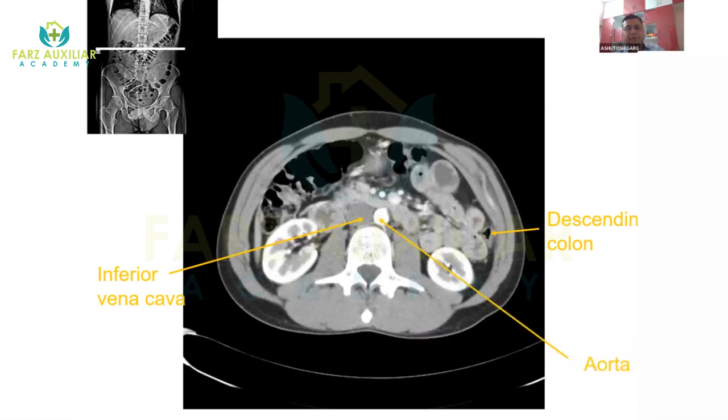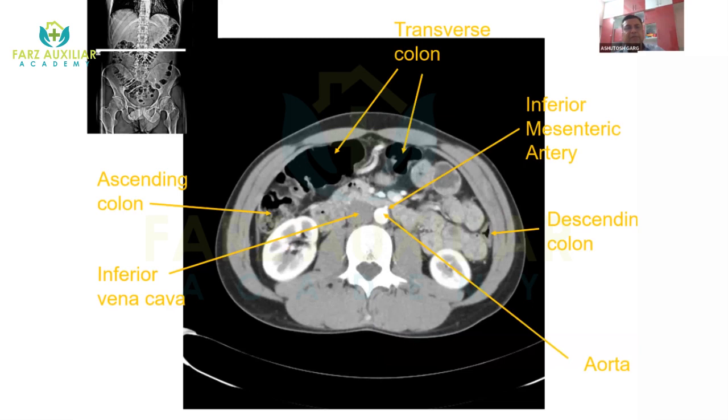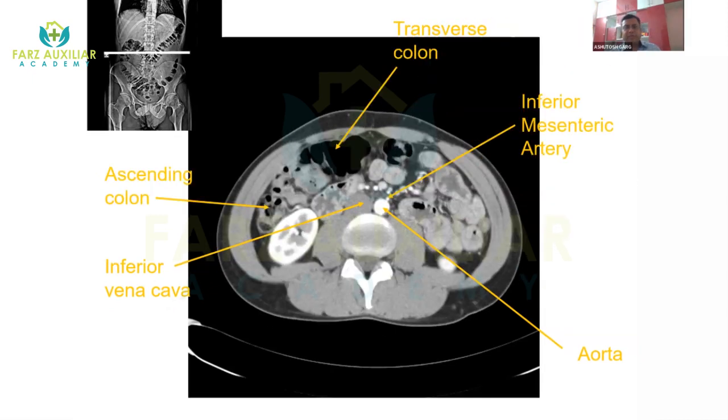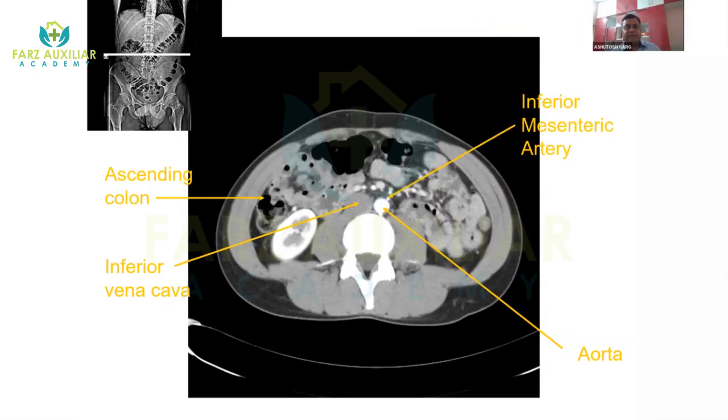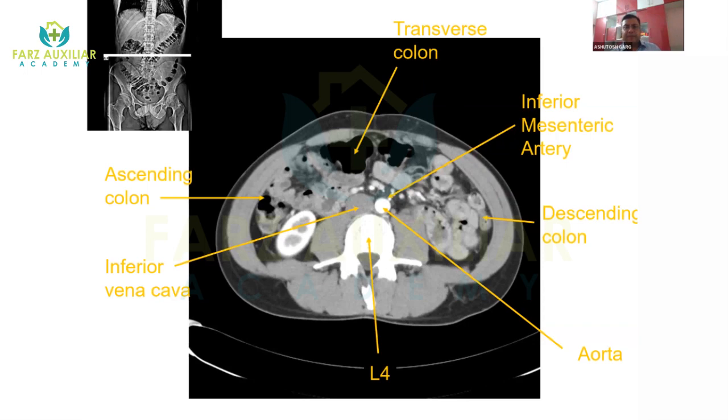Then the same structure. Now you can appreciate the colon portion. This is the colon, and the inferior mesenteric artery is coming out from the aorta. This is the inferior vena cava, right kidney, left kidney, psoas major muscles. These are the small intestinal loops. You can see the inferior mesenteric artery, inferior vena cava, and